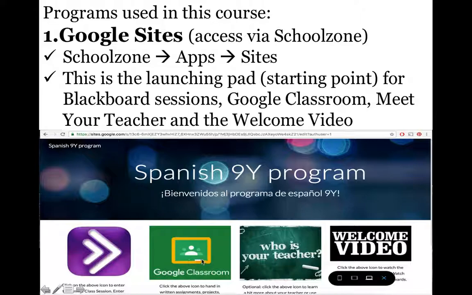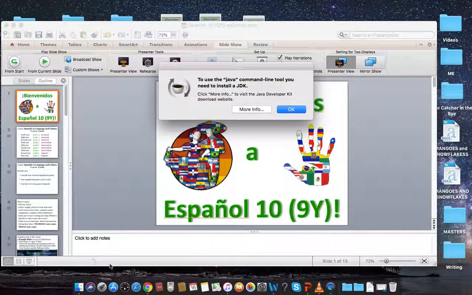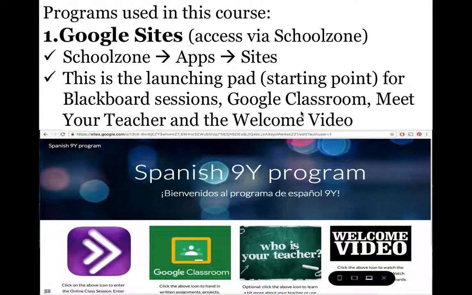Secondly, Google Classroom, right there. Again, simply click on the icon. It will take you straight to Google Classroom. Once you're there, you'll see all your units. Under each unit, you'll see your instructional videos. And under those videos, you will see your worksheets, your written assignments, and you can also submit them there as well. On that note, make sure you're submitting your assignments there and not sending them to me via email or anything like that. Submit your assignments on Google Classroom.